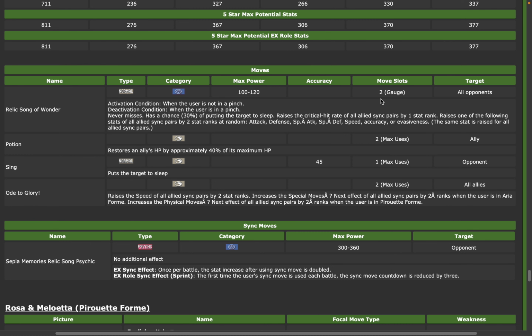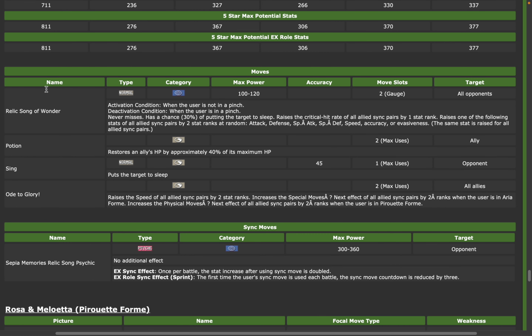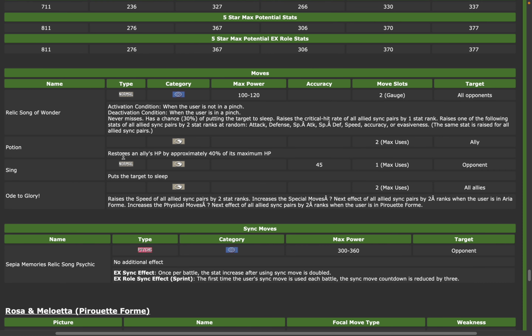So I am worried about move gauge economy when it comes to this unit. But the activation condition is when the user's not in a pinch. It's very interesting, because in a pinch means that it has, like, I think around 30% or less health, like 1/3 of his health or less. I think that's what it means to be in a pinch. So interestingly enough, you might be stuck in green form or brown form if you don't have that much health